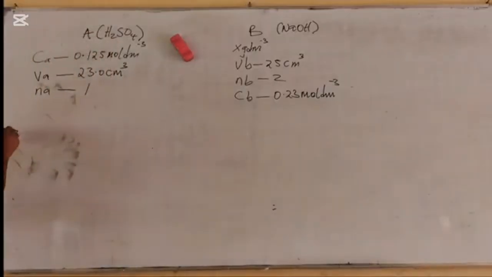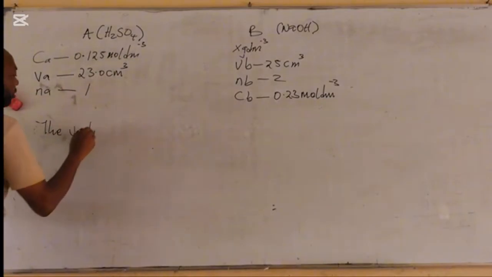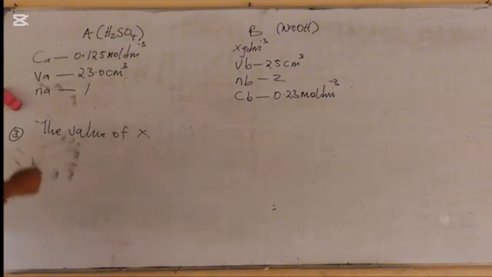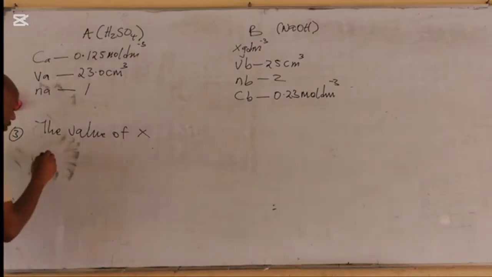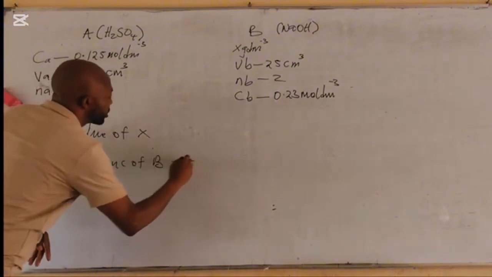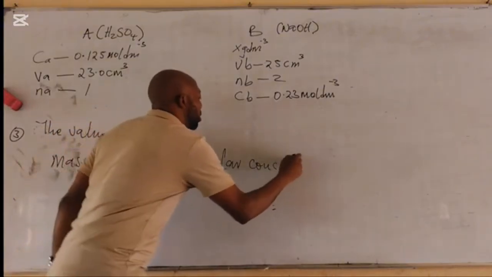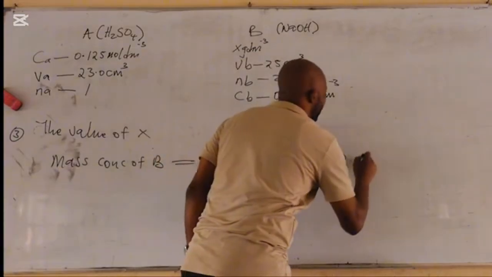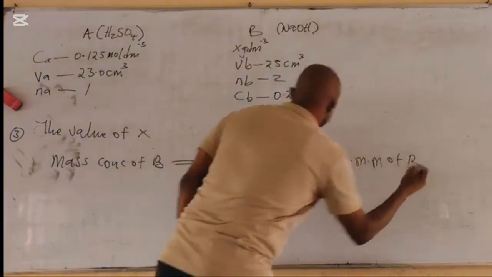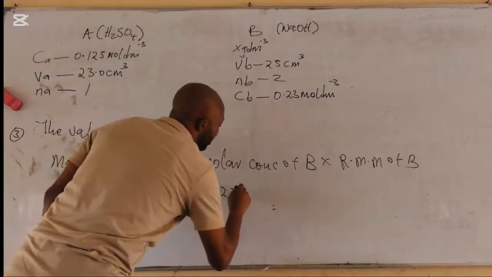So let's see what we do then. Now, the third question says, calculate the value of x. For us to get the value of x, which we understand is the mass concentration of the base, then we say mass concentration of B is equal to molar concentration of B times relative molecular mass of B. And the molar concentration of B is 0.23 mole per dm cube